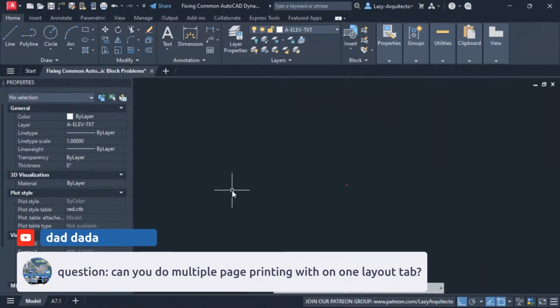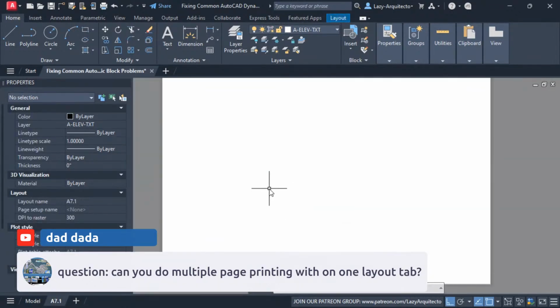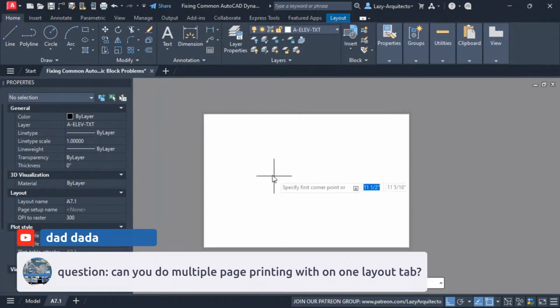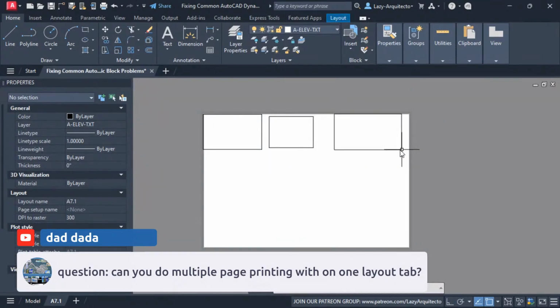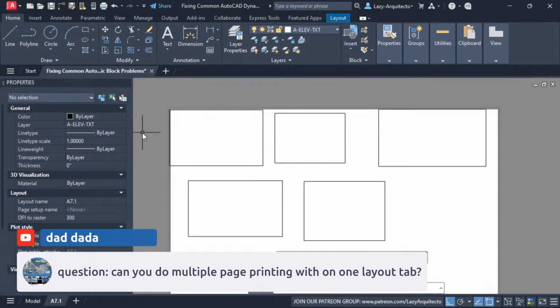So you are asking if it's possible, in layout, which is right here, the layout tab, to do multiple page printing with one layout. Oh, you're asking if you have, let's say, one drawing here, two drawings, three drawings, and so on, whether you can print this. So, I mean, you can do that, but you'll have to print it one by one, right? Using the print to screen,